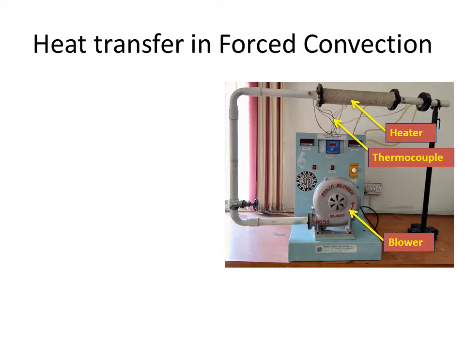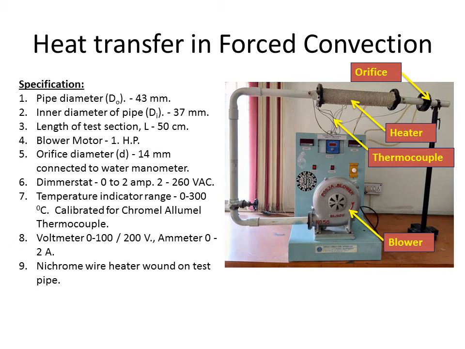Input to the heater is given through the dimmer stat and is measured by ammeter. It is also noted that only a part of the total heat supplied is utilized in heating the air. A temperature indicator with cold junction compensation is provided to measure the temperature in the pipe wall in the test section. Specifications: pipe diameter is 43 mm, inner diameter of pipe is 37 mm, length of test section is 50